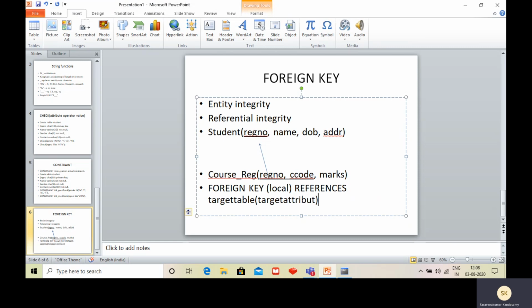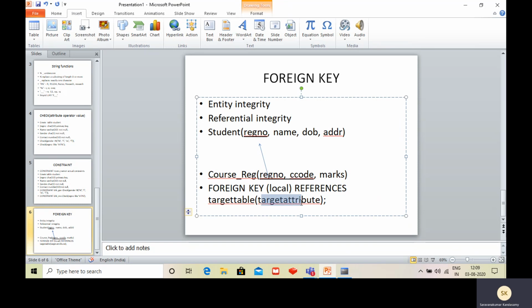So why are we specifying this target table and target attribute? Target table is more than enough, but we have to make sure of the target attribute as well. And whatever we are going to refer must have unique values. That's a very important thing. See, the parent table has unique values in it, but the child table can have duplicate values as well, no problem. But the parent table to which it's going to refer must be a unique attribute.